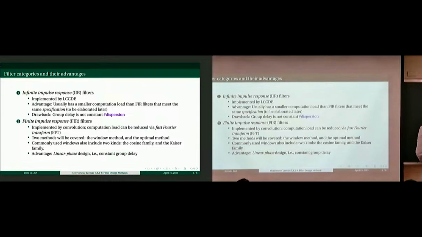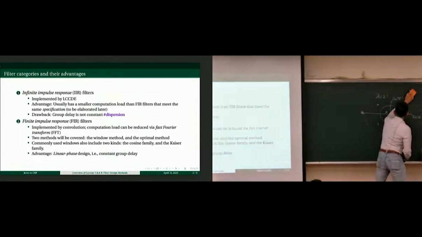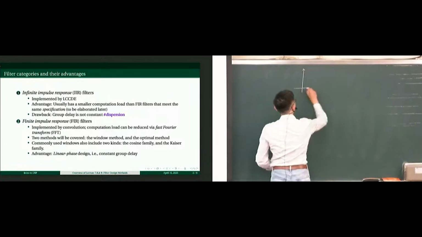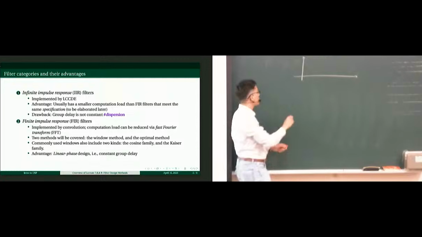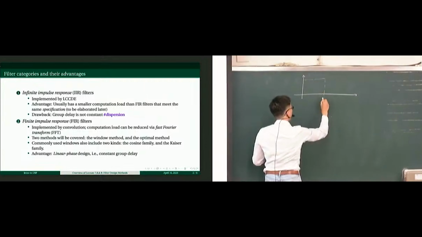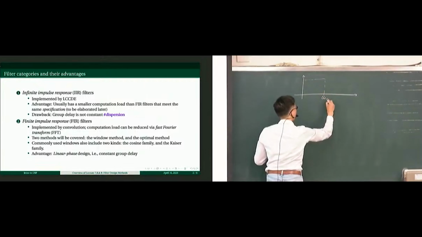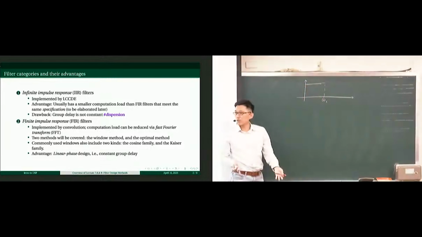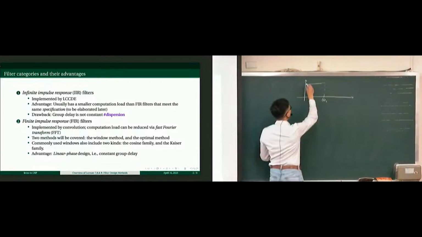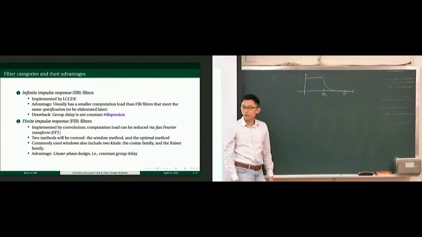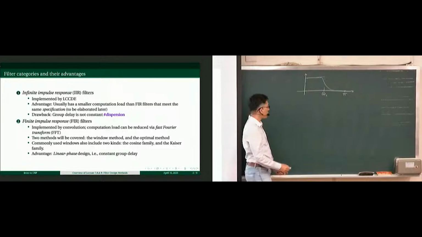So what does that mean? That means that if we go to the frequency domain, I'm just going to casually draw a few pictures. Let's say we design a low-pass filter, and there is a spec that we want a corner frequency right here, a cutoff frequency, where below that is the pass band and above that is the stop band. Your IIR design may lead to a performance like that, with the high frequency being pi. That's your IIR design, and your FIR design may lead to